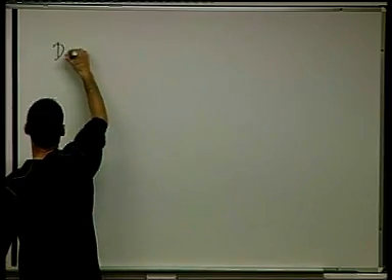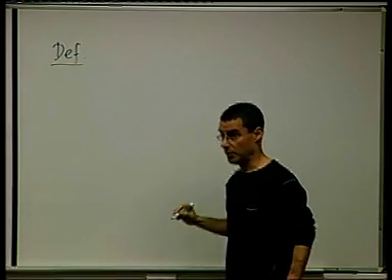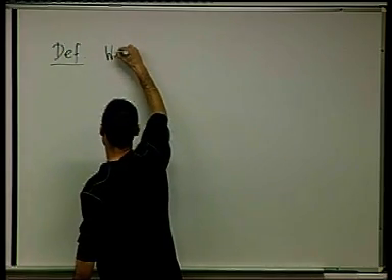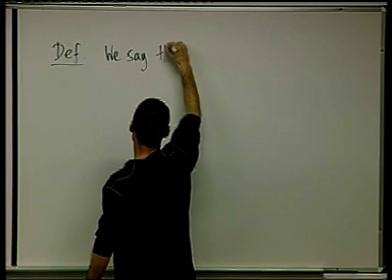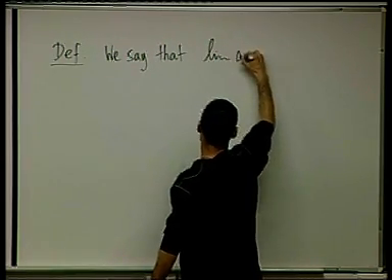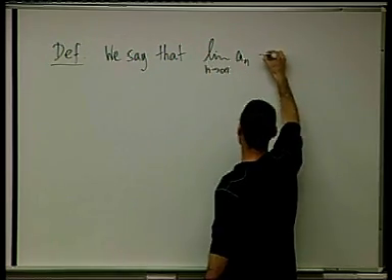Okay, so definition. And this should not be surprising to you. It's again going to be very similar to the definition for functions. We say that, and I'm just going to write it so I don't have to use diverge or converge, that the limit of a_n is infinity